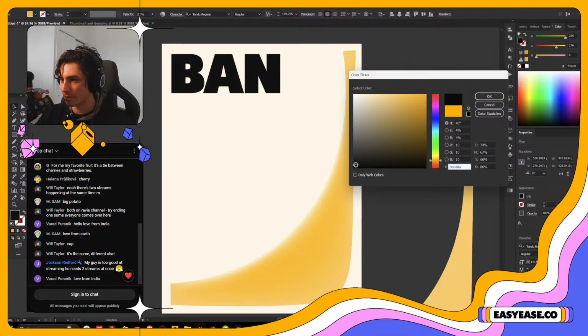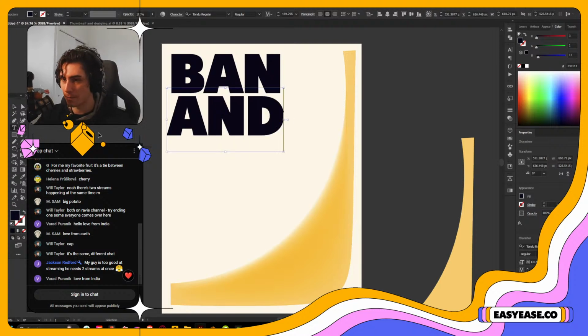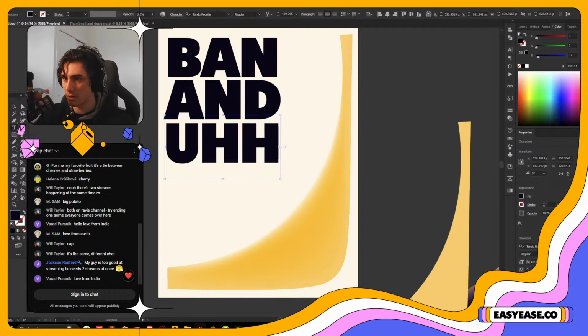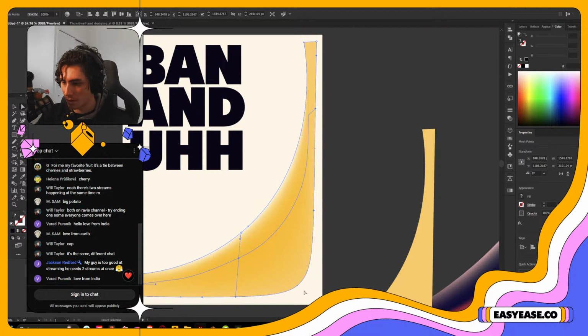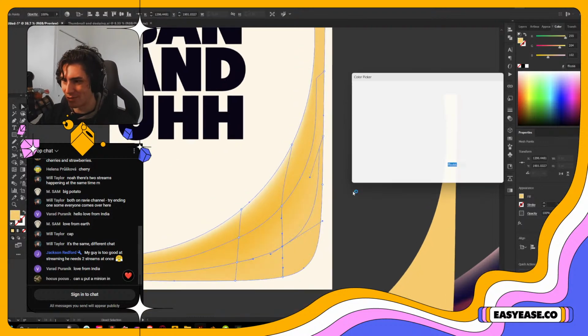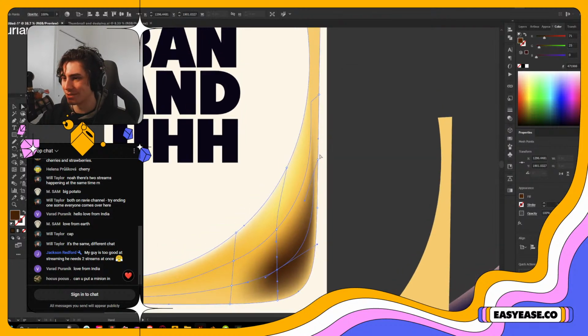Let's make this a nice off black. Maybe make it like blue or something. And banana. I think that's how you spell it. Okay, back to banana friend. Let's add a little bit more zhuzh on this guy. Bananas have sometimes like these dark spots, and they're like that color. This is actually kind of fun.